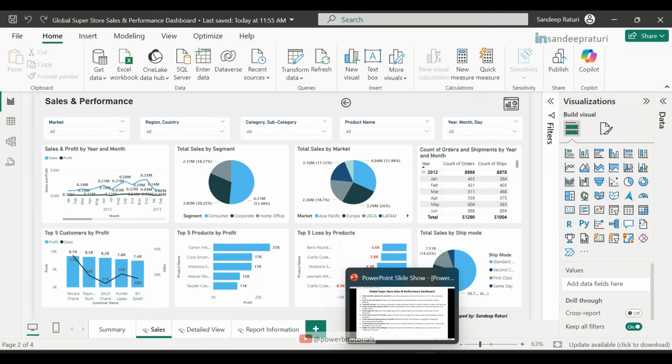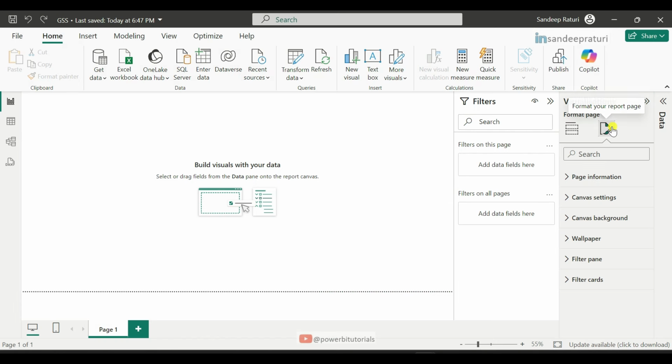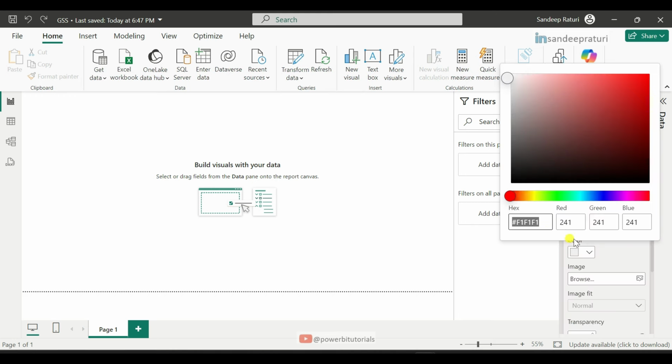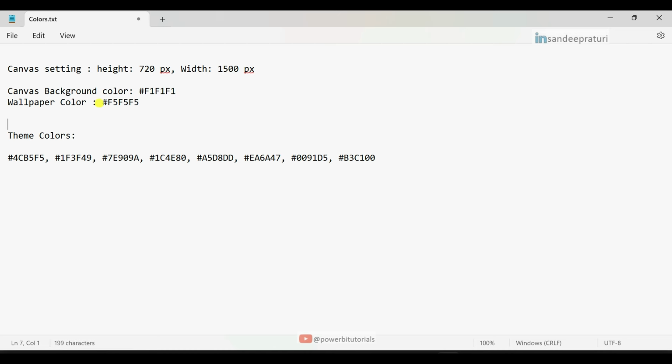Now go to the practical file, and in Notepad, I noted down both colors for canvas background and wallpaper. Copy the canvas background color from here. Go to the format your report page setting. Open the canvas background, click here and paste. Now copy the color for wallpaper.